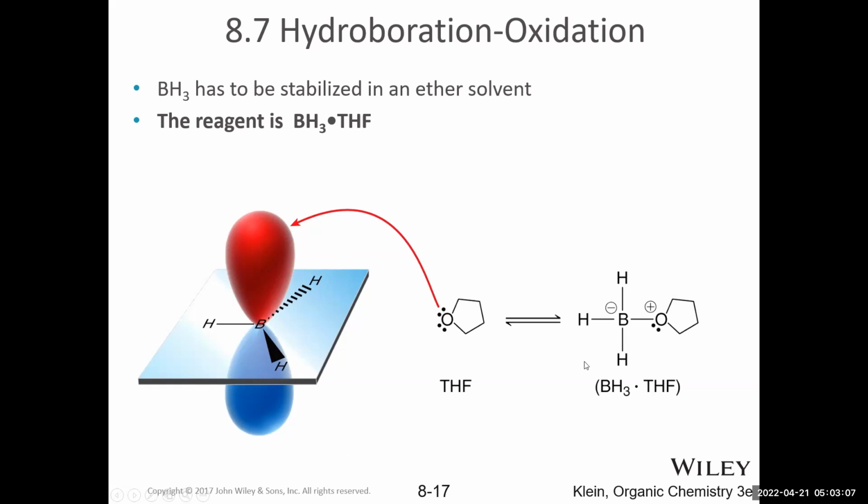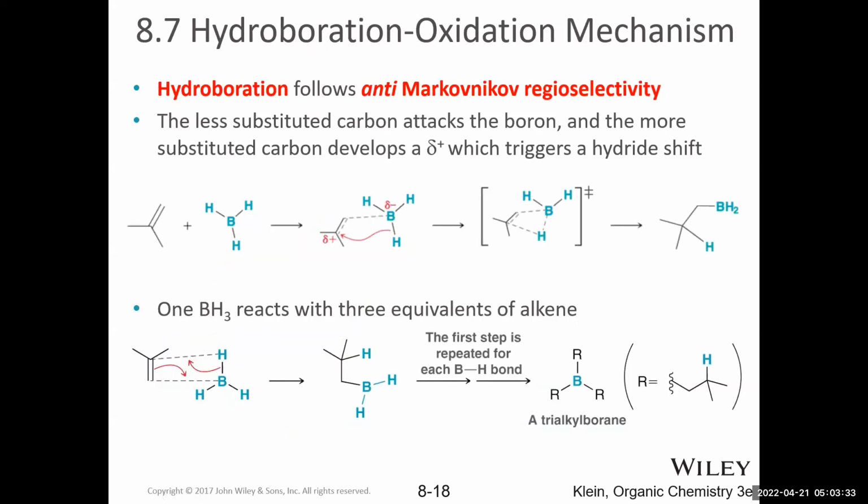So the complex is written as BH3.THF, and again, it's just stabilized borane. This is not an important part of the reaction mechanism. It is not reacting with the alkene. This is just an organic solvent that helps to stabilize the boron. Think of when you learned, actually, never mind. I'll just move on from that because you haven't learned that yet.